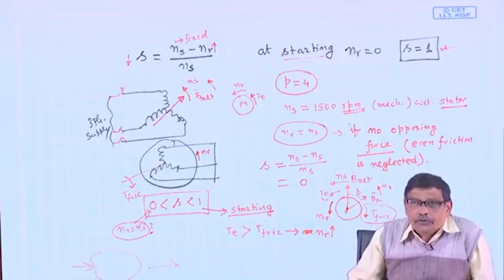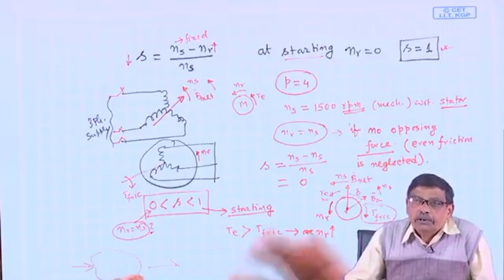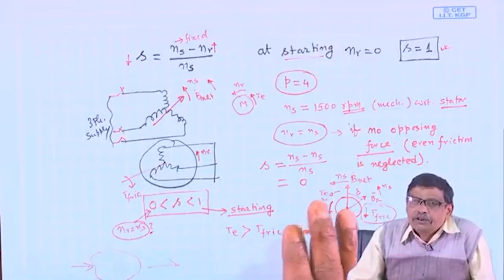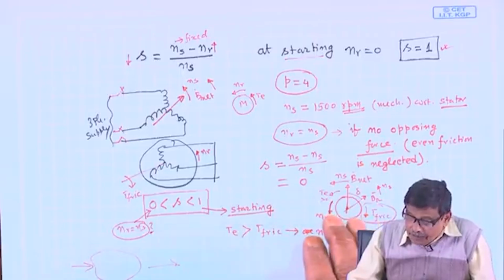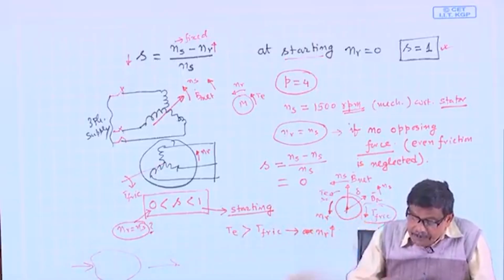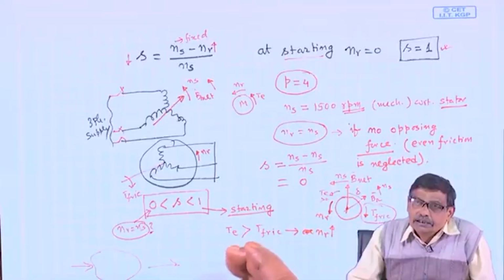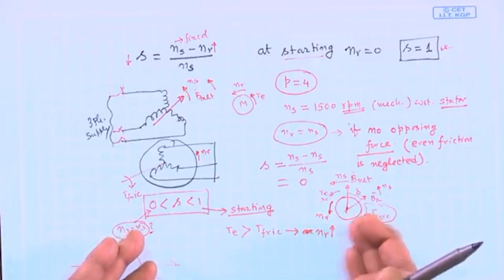Earlier there was no opposing force. So, it went on increasing speed and Nr became finally, eventually equal to Ns, but now it is not like that. Electromagnetic torque is there, I know it is decreasing, initially it must be greater than T friction, but as speed increases, relative speed decreases, induced voltage in the rotor decreases, induced current in the rotor decreases, electromagnetic torque value itself should decrease, and finally,